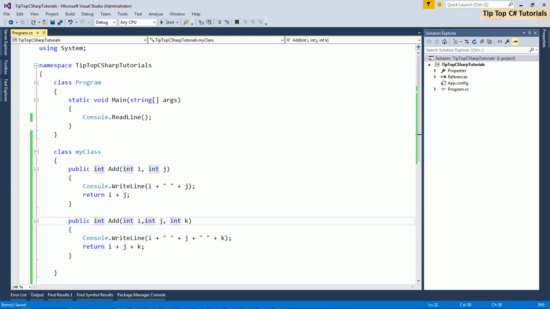Now if you see, both the methods are having same name, public int add, but C Sharp will be able to identify which method to call by using the number of parameters. Or it can so differ that I can have another method